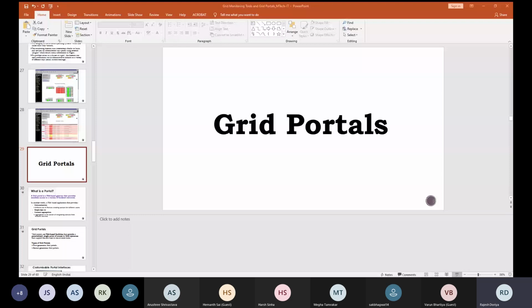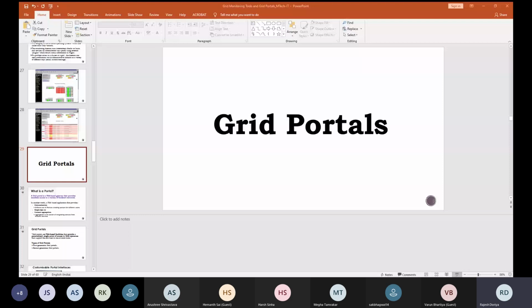Then we started discussing the types of grid portals. There can be two types of grid portals. The first one is first generation grid portals, and the other one is second generation grid portals. So this is how your grid portals look. These all we have seen in the last class, and again the same points which we have already discussed.